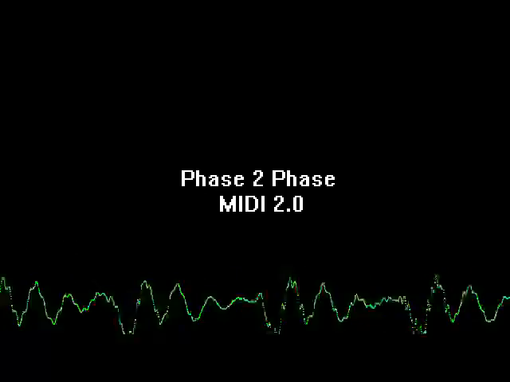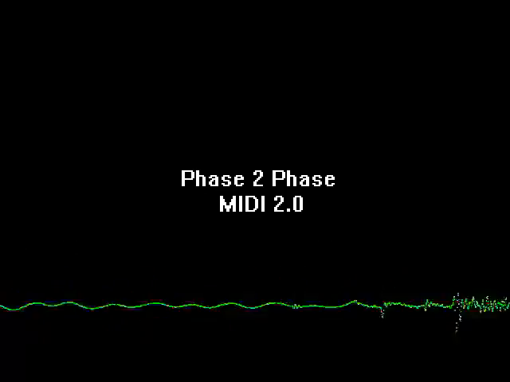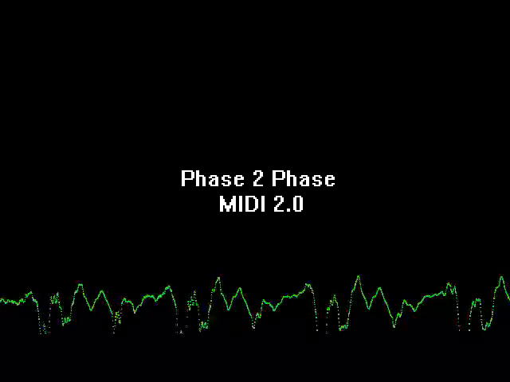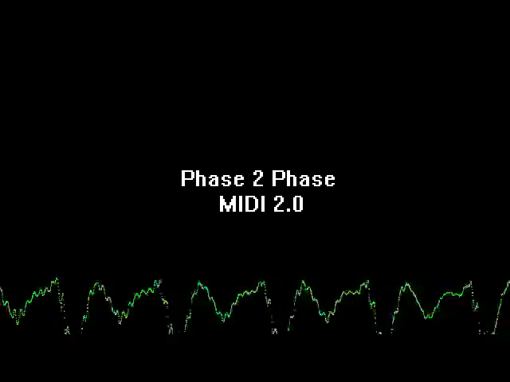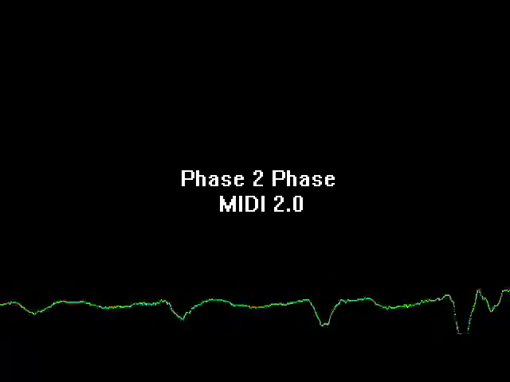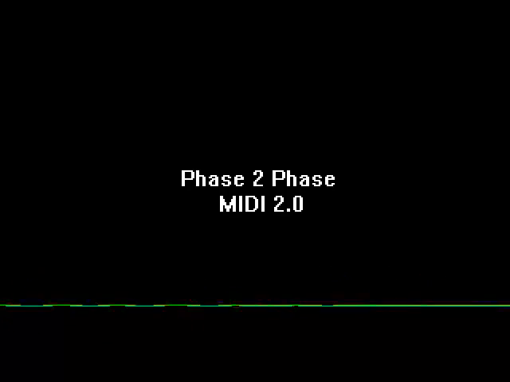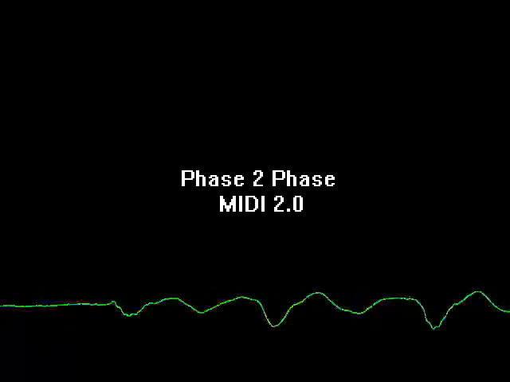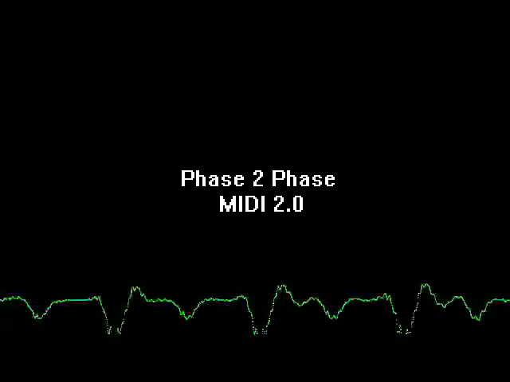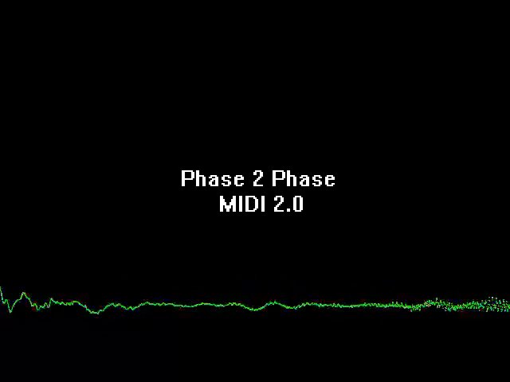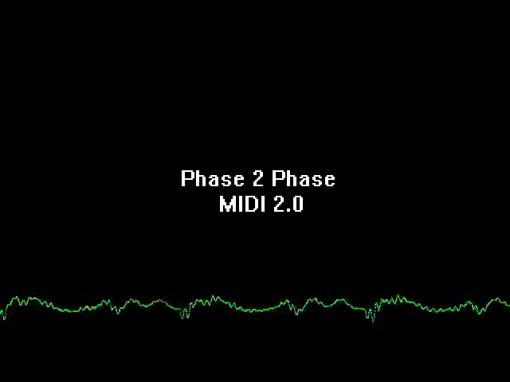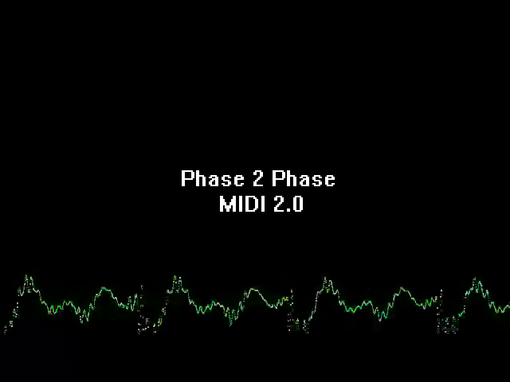It's basically speed dating for machines. MIDI 2.0 also has higher bandwidth and higher resolution. So MIDI 1.0 is what you would call a 7-bit scheme. That's a potential value of the 7-bit. So if you break that down mathematically, that's 128 values, whereas MIDI 2.0 is 32-bit, which is equivalent to 4.2 million values.